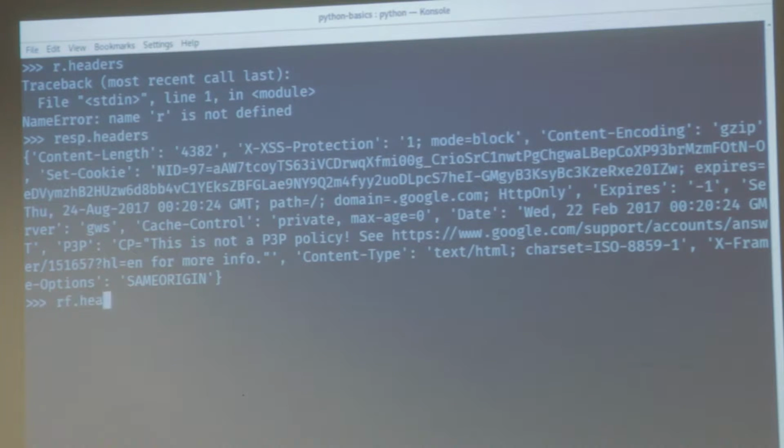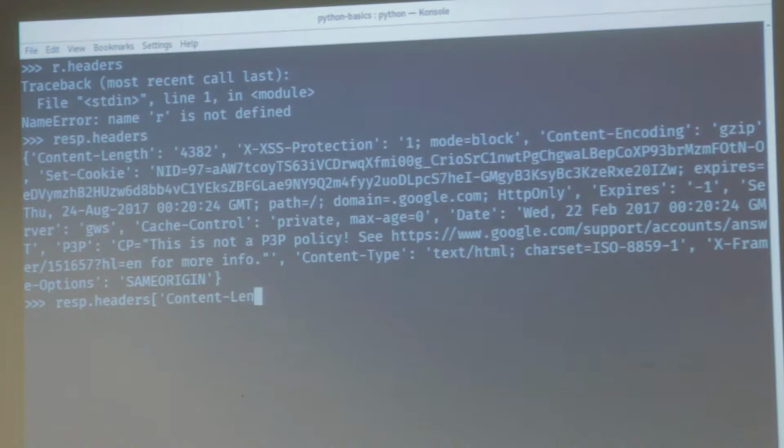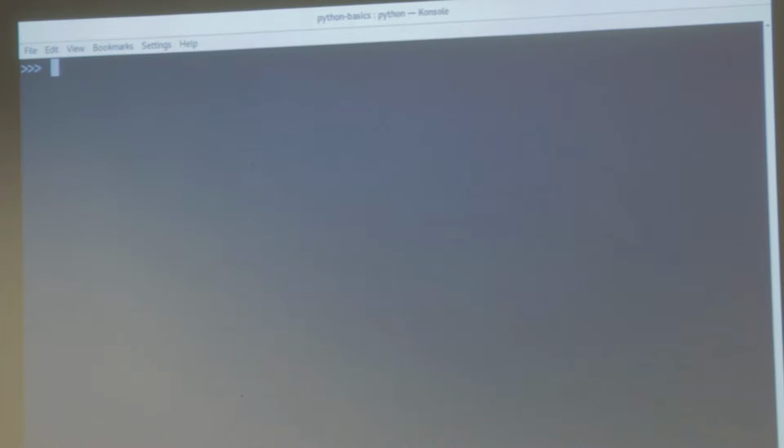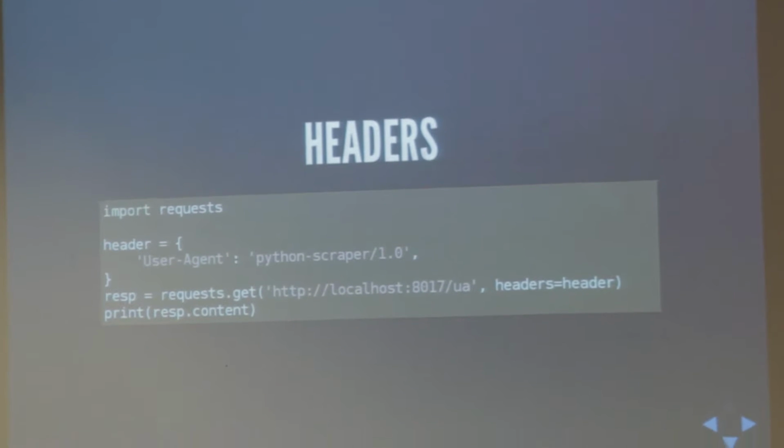But yeah, in requests you can get headers. Let's say we want the content length. You can get headers much like that. Now, the more important one is actually setting headers. Here's an example of setting a user agent,